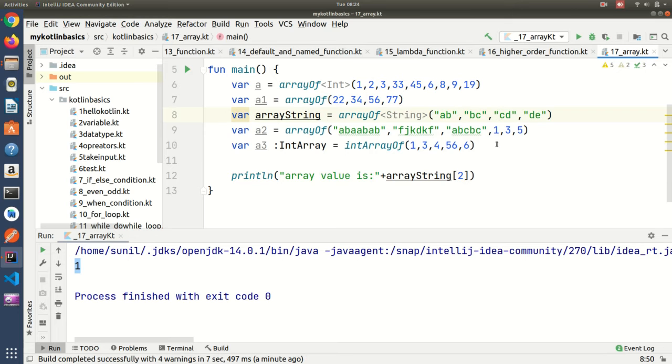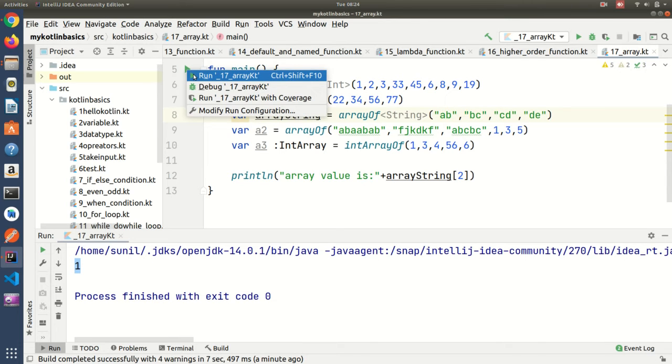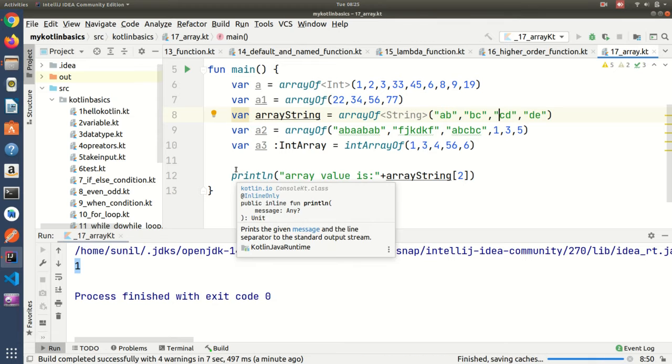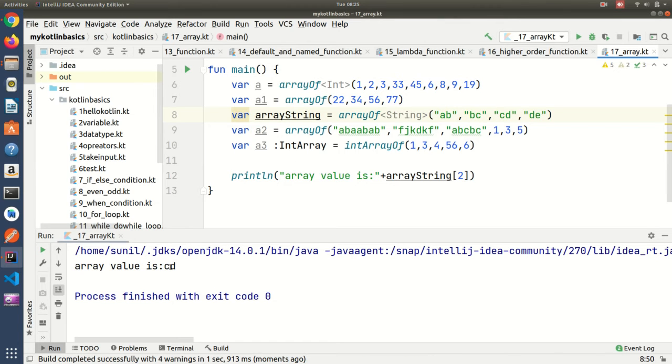It should print CD. It got printed CD. So like that you can print, but this way you can print only one data item.